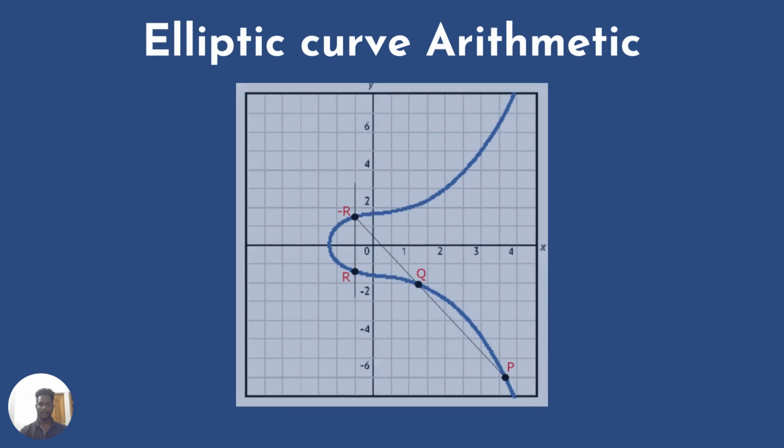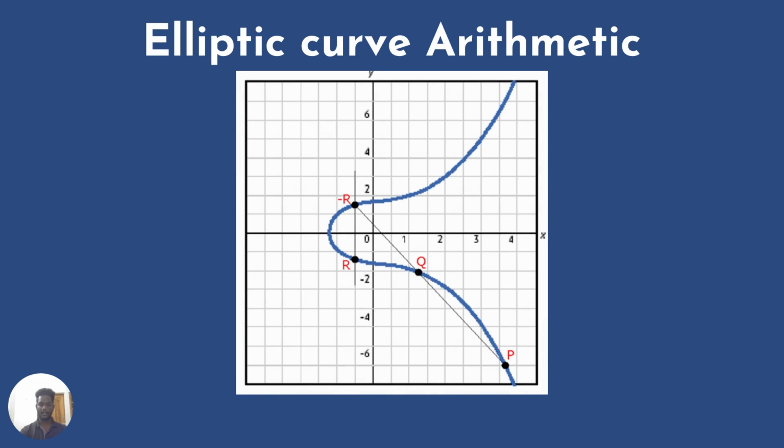In the previous graph, as I said, we draw a line which will intersect P and Q. The line will intersect a third point, R. So there are three points intersected: P, Q, and minus R. Here we get a negative value. So we'll be adding those three, drawing lines, and connecting the lines which intersect between minus R, Q, and P. Then draw a vertical line through the point minus R. The line will intersect a fourth point, R.